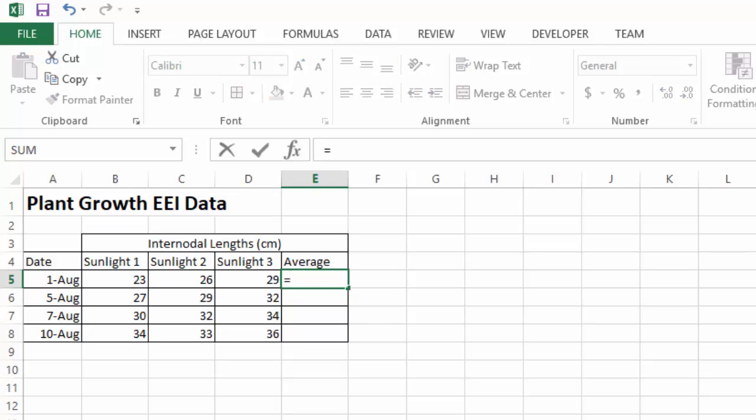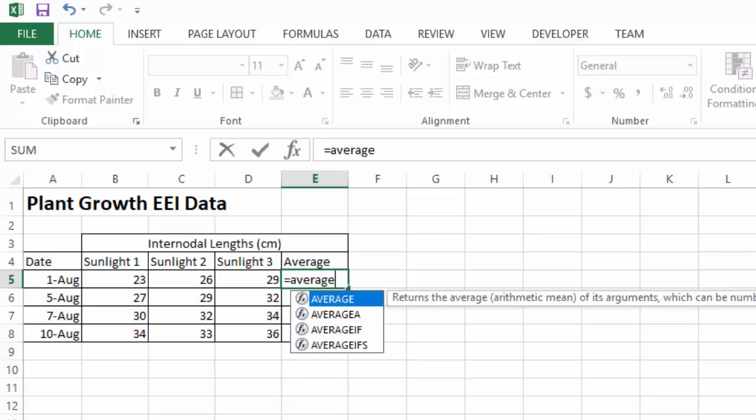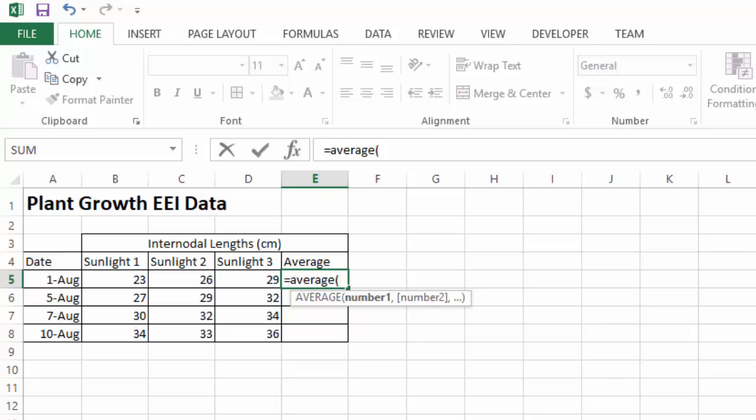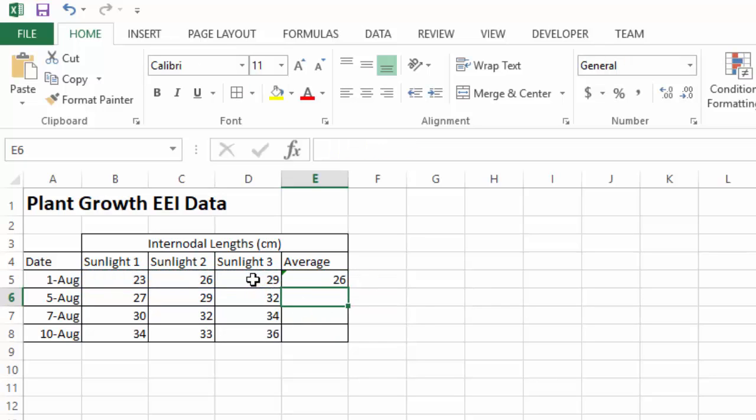I can just type equals, which means I want Excel to calculate a formula. Now there's a formula called average, so average, open my brackets, and then select all of these 3 cells, 1, 2, 3, close my brackets. There we go. So now that has told me that the average internodal length on the 1st of August was